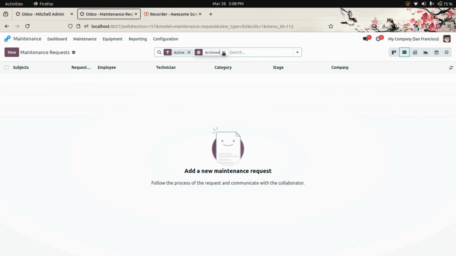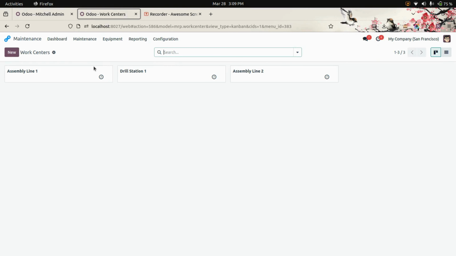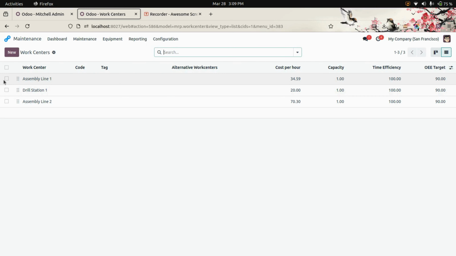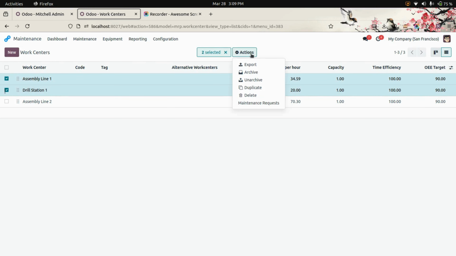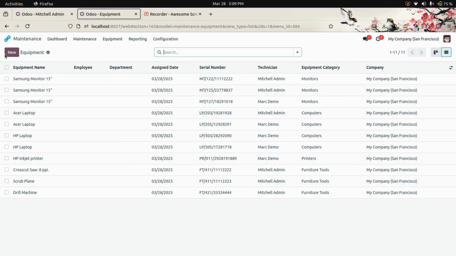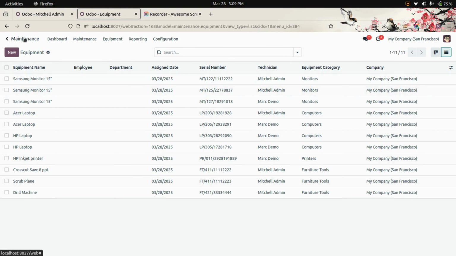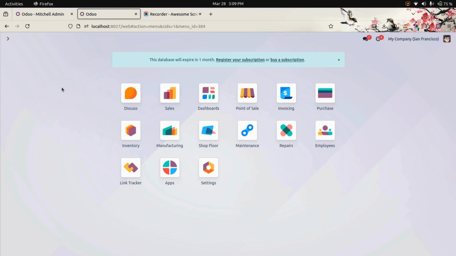Yeah. So in the same way you can use it for equipment too, where you have an equipment, so you can archive it whenever you need. Okay, and it works for tools too, and it works for all the modules as well, like what we have in the maintenance part. We can archive it whenever you need.